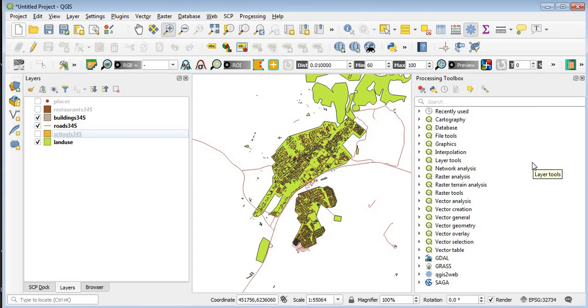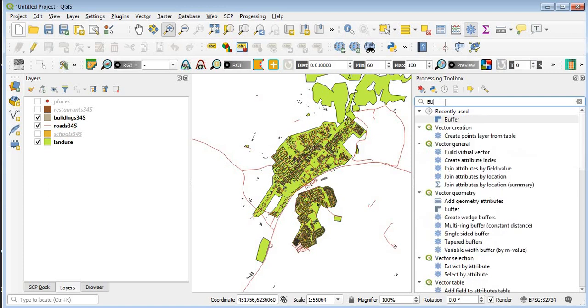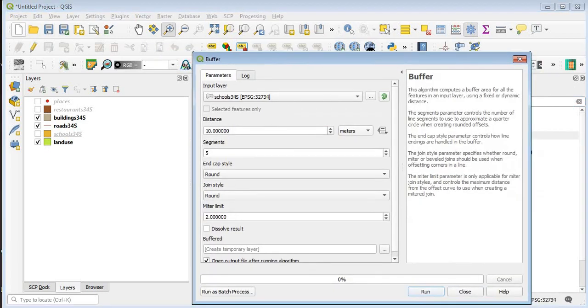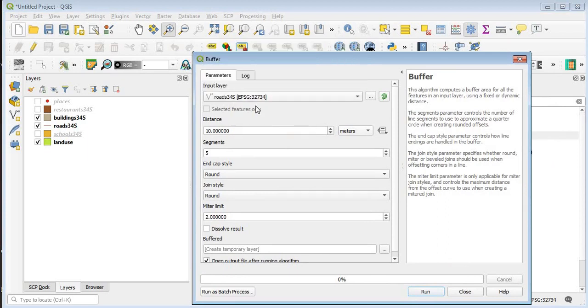And when you click on toolbox, there's a tool we want to use from the vector geometry. So you can either expand this vector geometry and click on buffer. Alternatively, you can just type in buffer here, and you have it shown from your vector geometry. So you can double click on it to open up the buffer window, as you can see here. And now you can make the input layer to be the road selection. So make the input layer roads, select it,